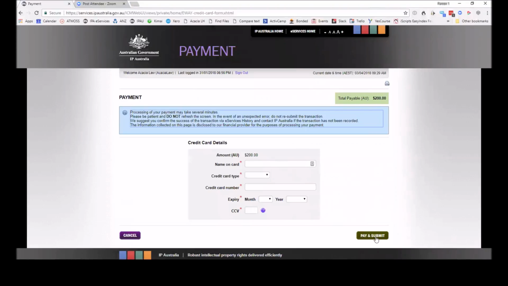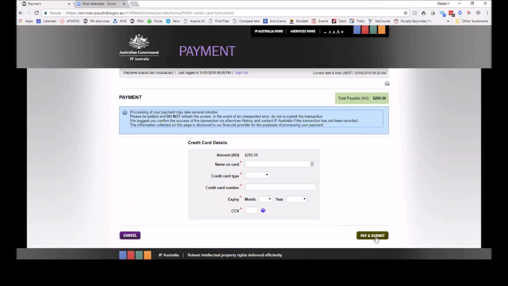Now, on the screen, a filing receipt will issue. It is absolutely important to print screen that or somehow save that PDF, that filed receipt, because sometimes other receipts are not issued. So it's essential to keep that. The next part of the process is that you will hear from IP Australia. If you tick the box for them to phone you, they'll phone you. Sorry, they won't send you the invoice. They'll send you the